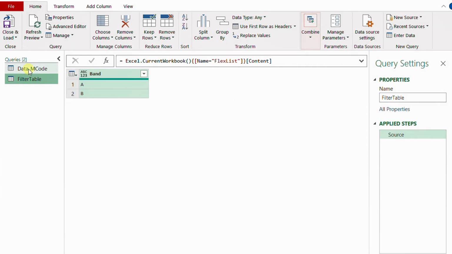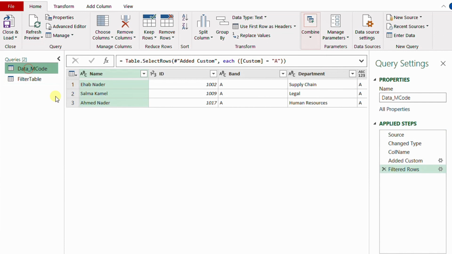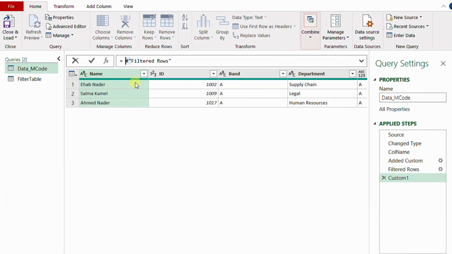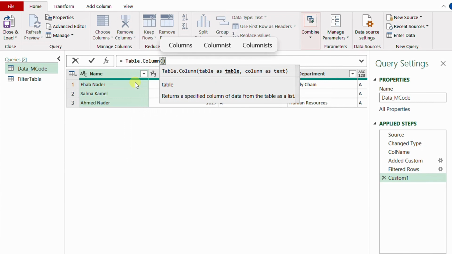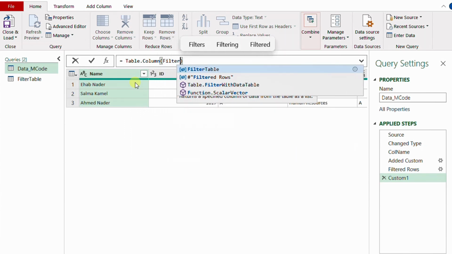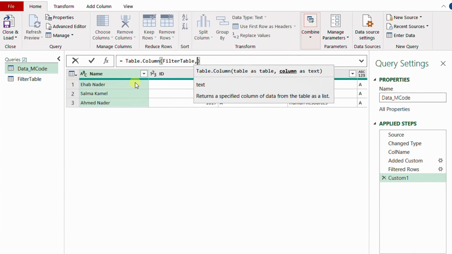Let me go back to the data mcode query, and I'm going to add another custom step, fx, and I'm going to use the function Table.Column. So let me delete this, and then Table.Column. Table.Column will require two things. First thing will be a table. The table for sure will be the filter table, and then comma,